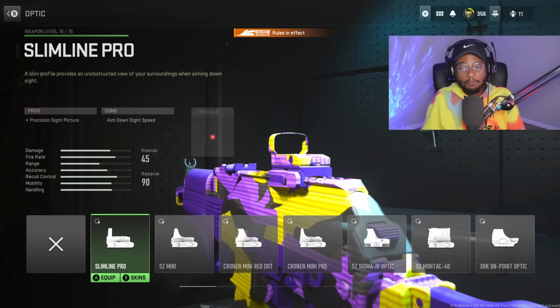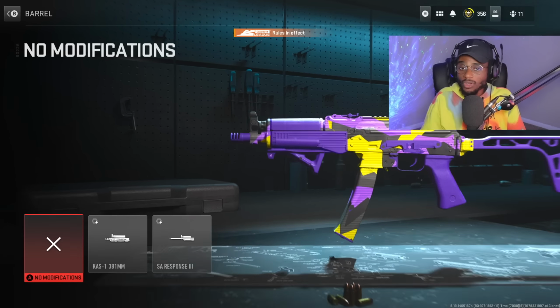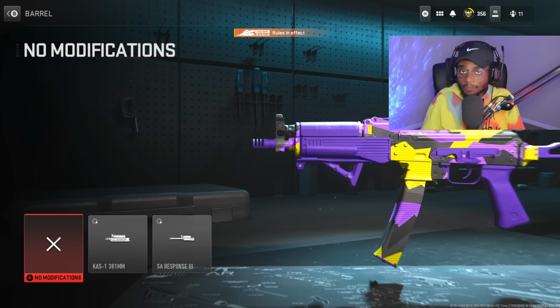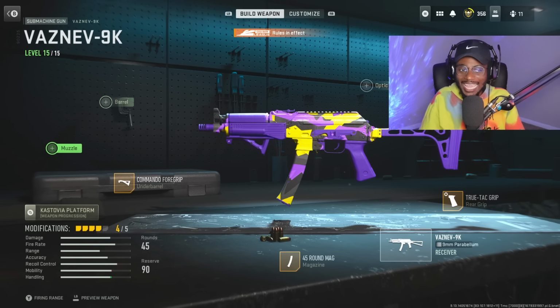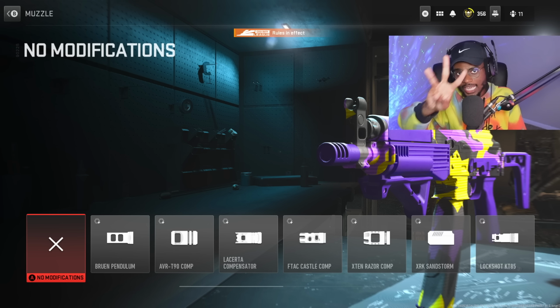We're not running an optic because the iron sights are some of the best in the entire game. We're not running a barrel on this class setup because it's going to be unnecessary. And now the muzzle, this is going to be an option here. If you can control the recoil, we are going to be rocking, believe it or not, only a 3 attachment